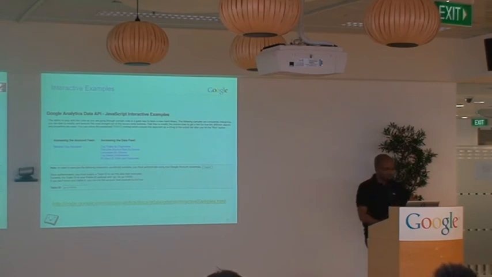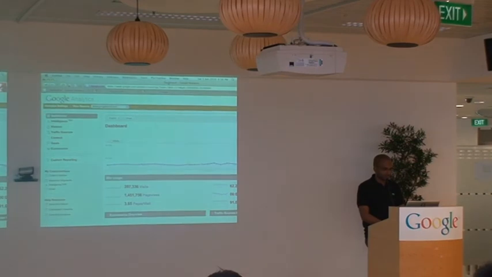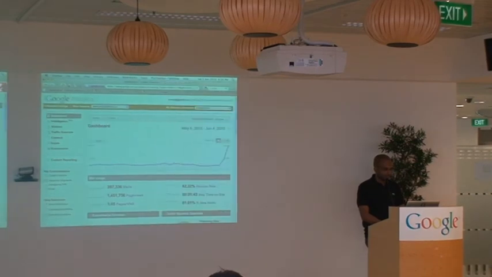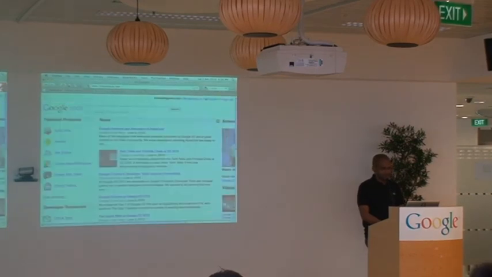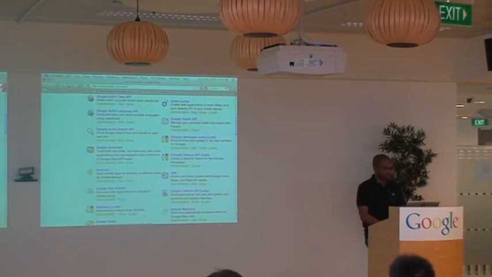So what I'm going to do is show you we have an interactive samples page, which is great for familiarizing yourself with the export API. Let me show you where it is. Just resize that. I hope everyone here is at least familiar with Google Code. Code.google.com, anything you need to learn about any of our technologies or APIs, it's all here. And if you go under More Products, scroll down and look for the big orange box, that's Google Analytics.